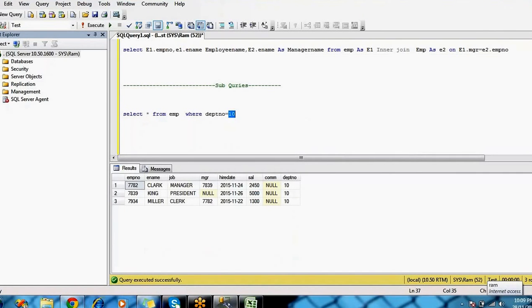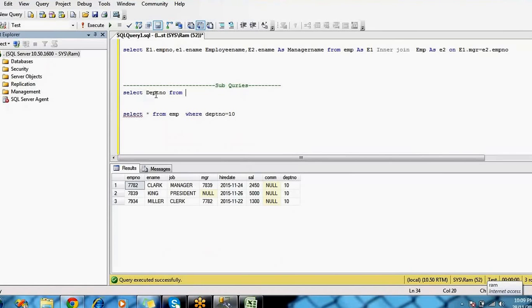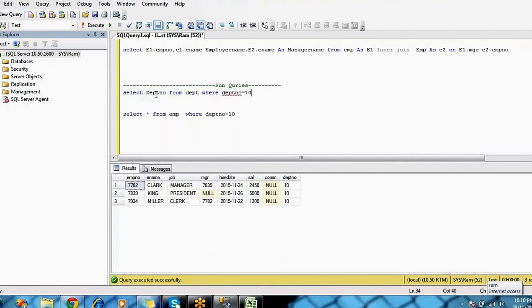So instead of writing this 10, I want to write a query like select department number from department where department number equal to 10.